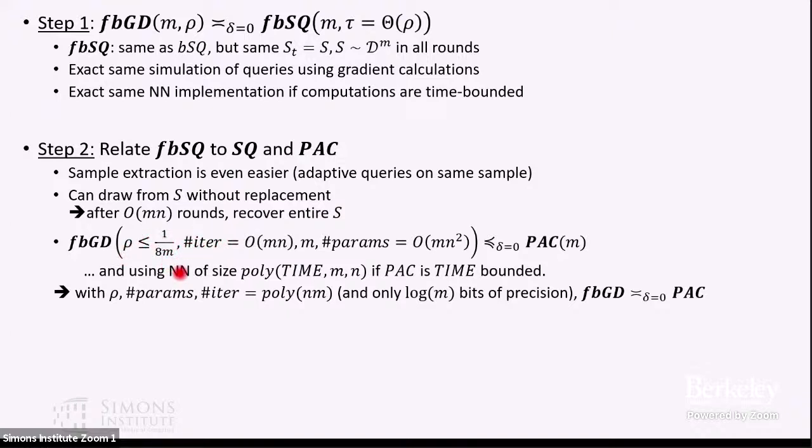So if the tolerance is less than 1/m, then we can gradually extract all the samples in the sample and simulate back. Basically we just recover them. We're actually doing something even stronger: we can even draw without replacement and completely recover the sample that we have and just run PAC. I should say that here there is a